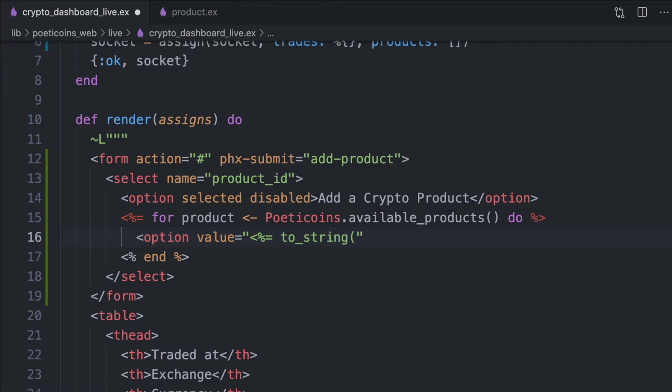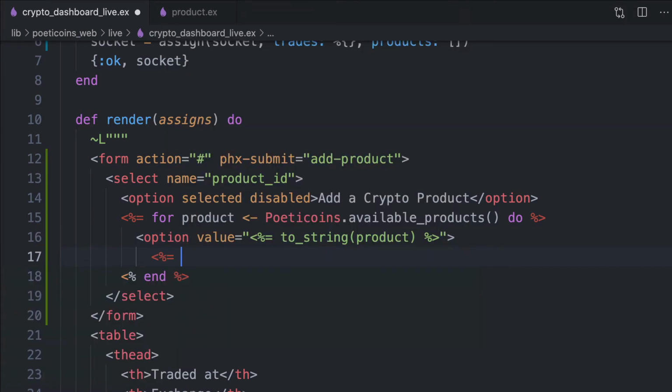So, to_string(product). This will convert, for example, Coinbase BTC USD to a string like this, Coinbase:BTC-USD. So then we can parse the string and get the product, recreate the product struct. And the product name. So we can say product exchange name,